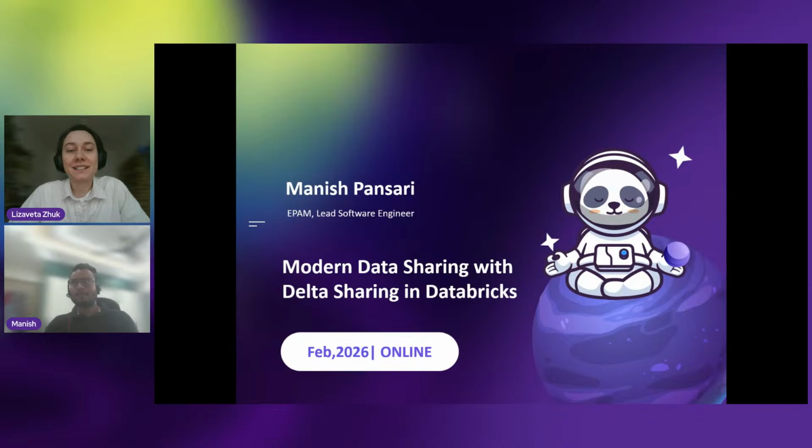Our next speaker is Manishkumar Pansari, lead data engineer at EPAM India. In this talk, he will explain how Databricks enables secure and scalable data sharing using Delta Sharing, along with practical